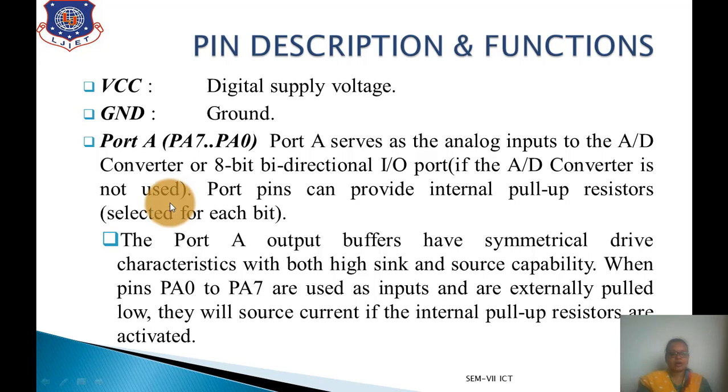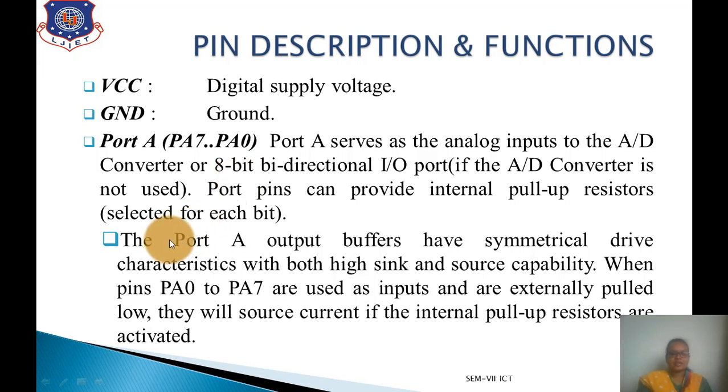All the ports in ATmega32 work as input output ports, as well as having alternate functions. If the alternate functions are not in use for a particular task, that port can be used as an input output port if required. Port pins can provide an internal pull-up resistor, selected for each bit. What does this internal pull-up resistor mean? It decides which pin of that port will work as an input pin or an output pin. How it works as input and output we will see in programming in the next chapter.